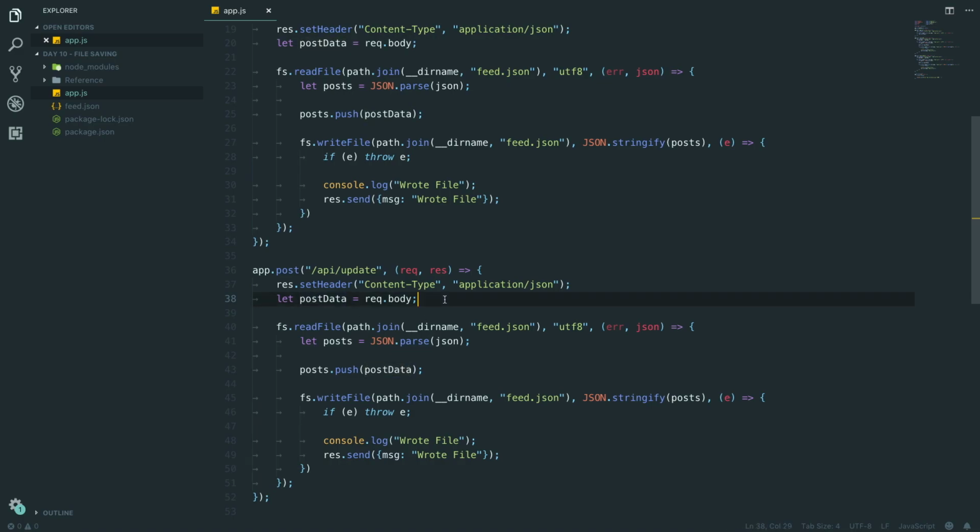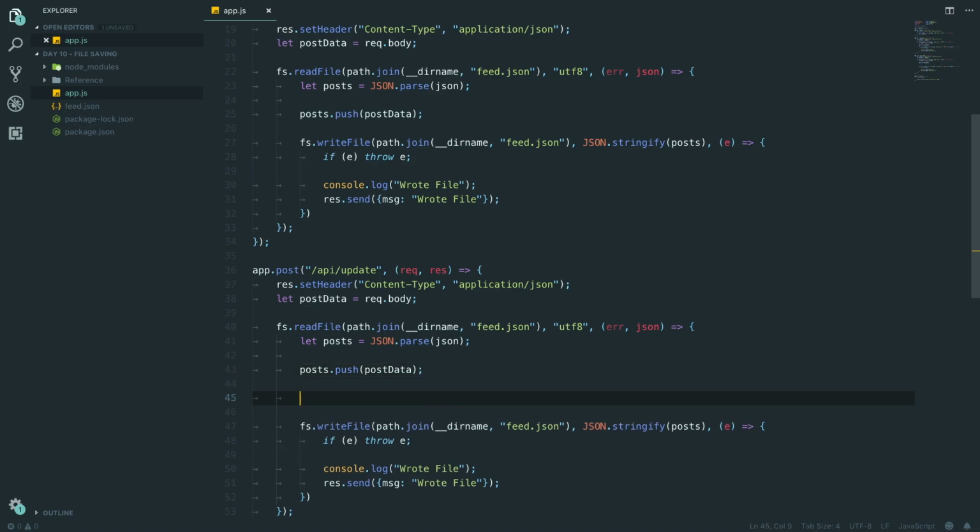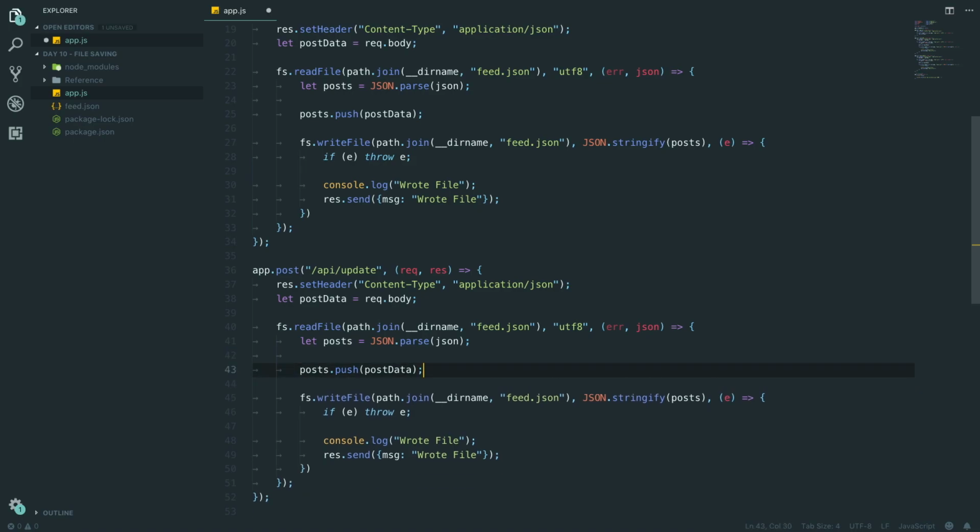Rec.by is equal to post data. So we want to update. So we're going to say read file. We're going to get the data and push it. So this is all still relevant, but instead of pushing the post data, we want to go